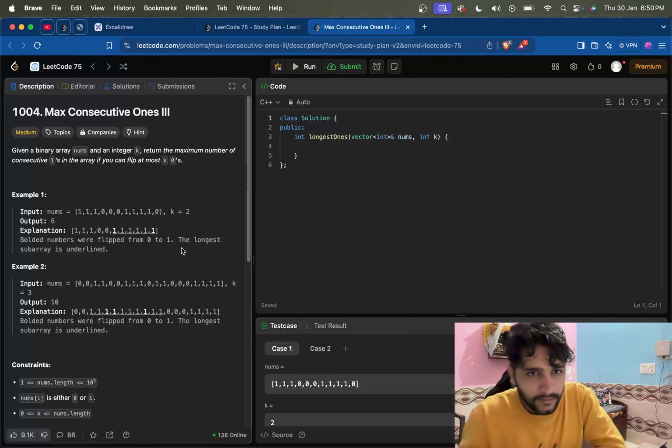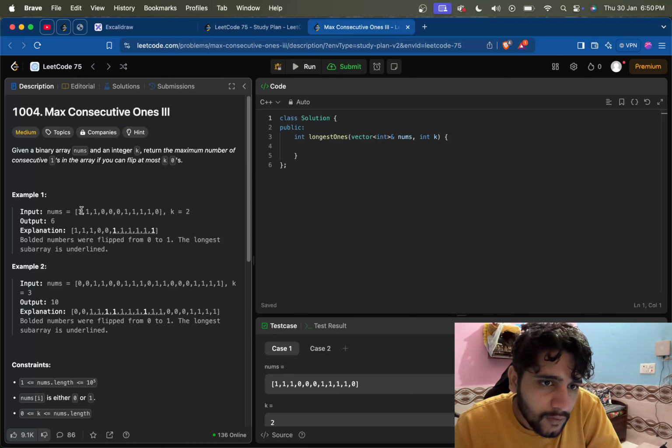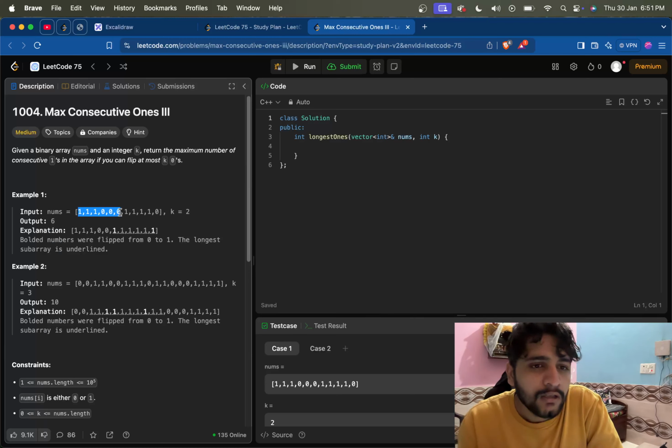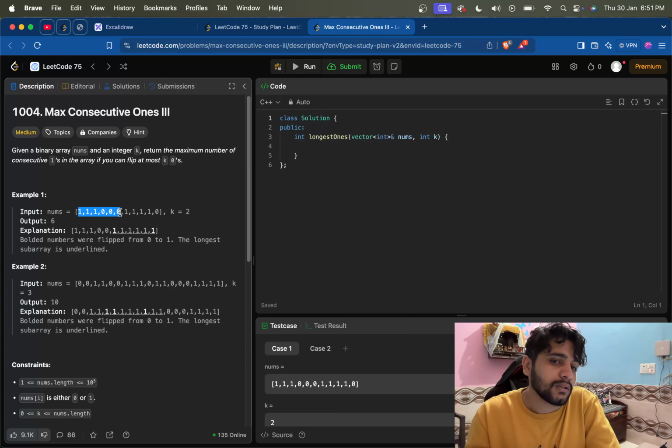Right, you getting it? So we will start from here. 1 we don't have to do anything, 1 we don't have to do anything, 1 we don't have to do anything. Now 0 we can flip it because we have two k's. k की वैल्यू 2 है तो हम 2 फ्लिप कर सकते हैं। इसको फ्लिप कर देंगे, ठीक है, इसको, हाँ भाई इसको भी कर देंगे। ठीक है, यहाँ तक हमारी लेंथ हो गई मैक्सिमम 5, क्योंकि k अब तक 0 हुआ है, अब तक हम सही है बिल्कुल। अब ये 0 भी आ गया तो अब यहाँ पे 3 0 आ चुके हैं भाई, 3 नहीं कर सकते यहाँ पे, k माइनस माइनस कर रहे हैं हर बार 0 आने पे,